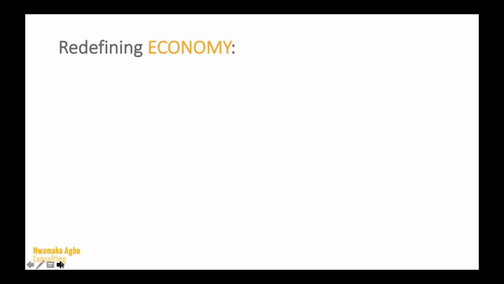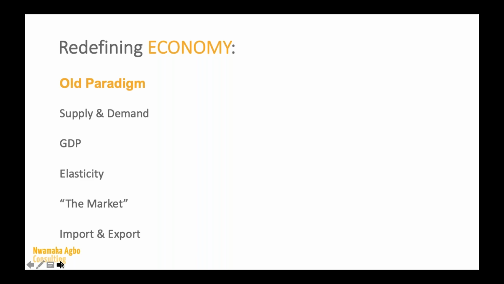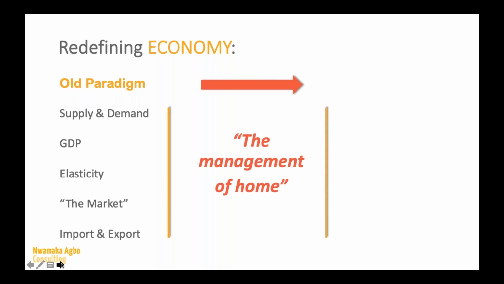And with this is an opportunity to also rethink how we define economy. Our current old paradigm around economy is one in which, when I think of economy, I think very much of what I studied in my graduate economics courses. We looked at elasticity. It was very much about the supply and demand curve. Everything was rooted in dollars and cents. But one of the things that an organization called Movement Generation has lifted up for me is that the etymology of the word economy is actually the management of home.